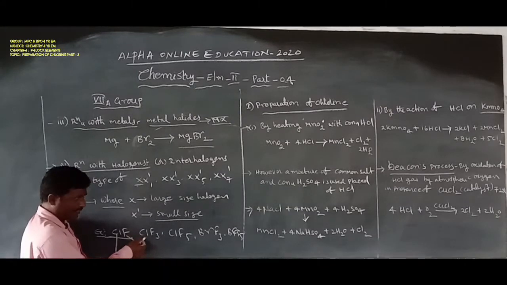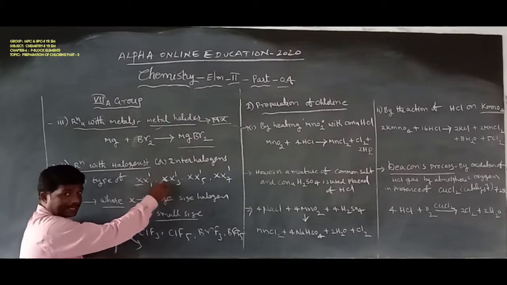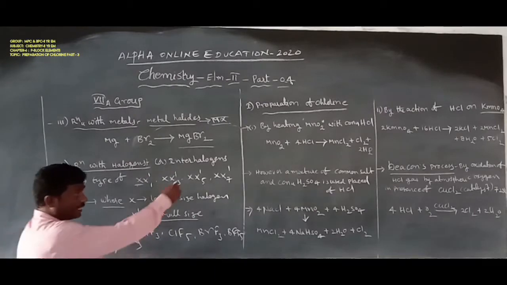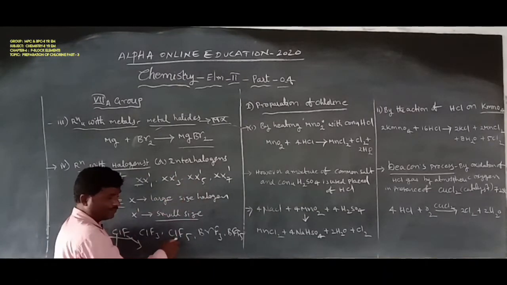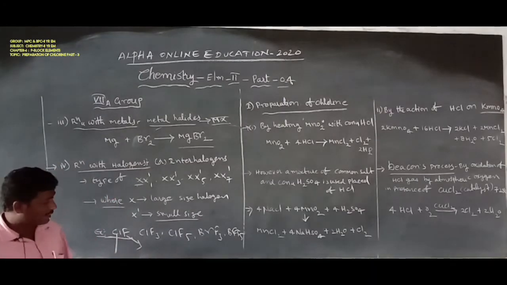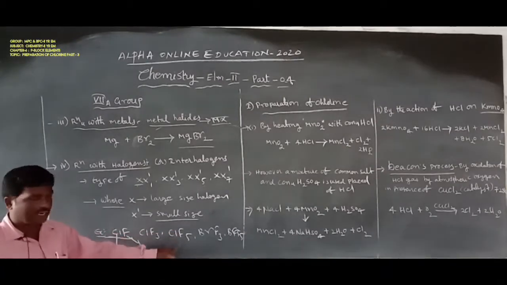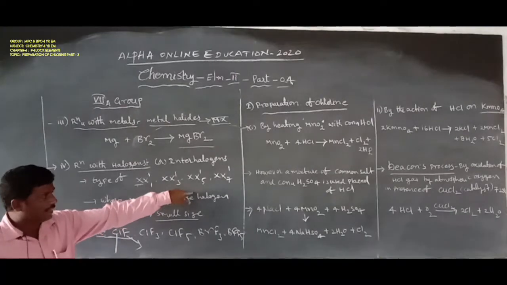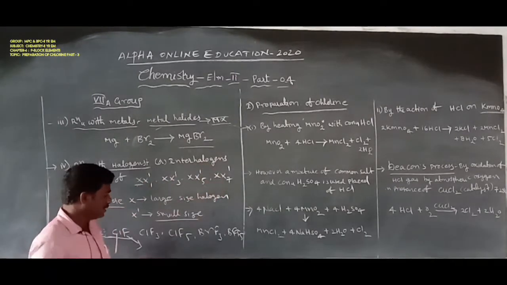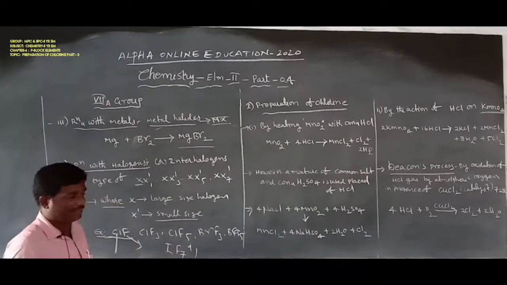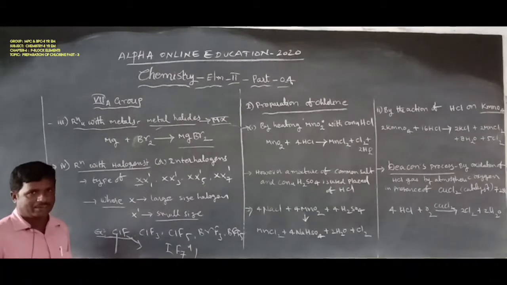First one is a halogen element and the second one is a halogen element. So to form an XX'3 type of interhalogen, for example ClF3. And XX'5, the example is ClF5. Here Cl is the large atomic size and fluorine is the small atomic size. It is also a type of XX'5. Next one, XX'7, that is IF7. That is XX'7. These are called interhalogen elements.